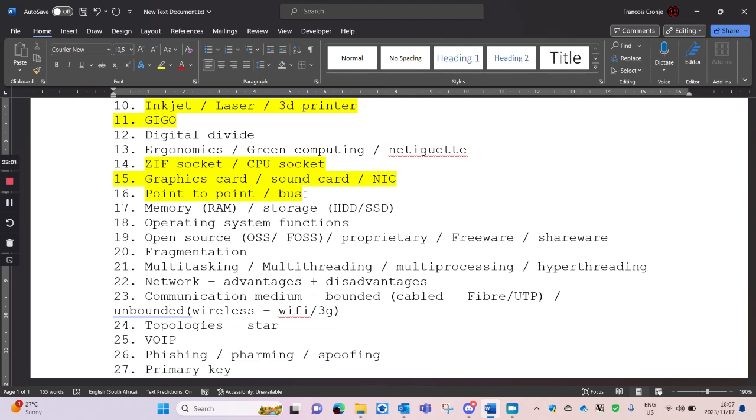It's close. What I would want you to add is that point to point is between two dedicated components. Generally, point to point is between RAM and CPU, the two components that need to talk very fast and should not be disturbed.